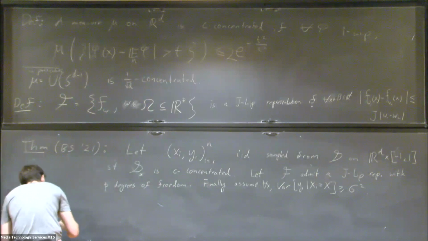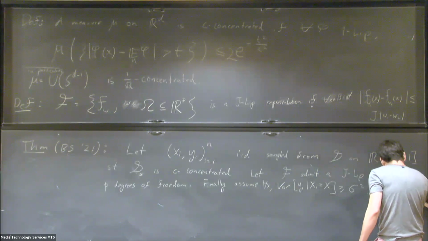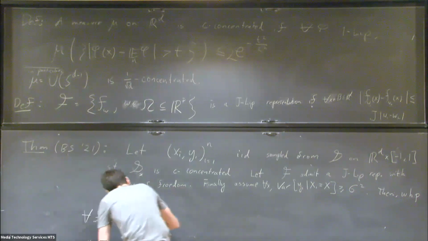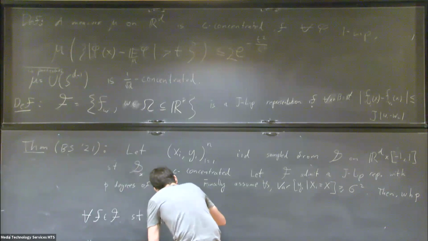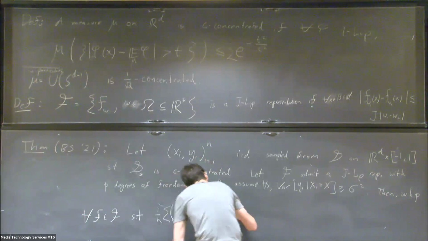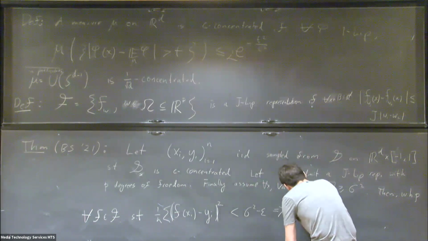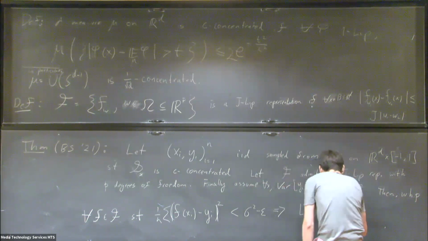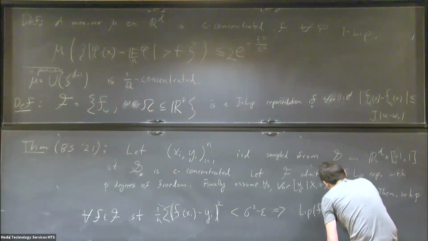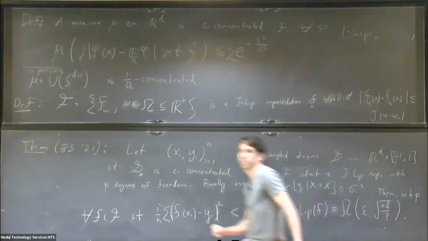Then with high probability, for every f in my family such that f approximates the y's a little better than this sigma squared, I have that the Lipschitz constant of f is at least omega of epsilon times root of nd over p. When I can explain the variance,